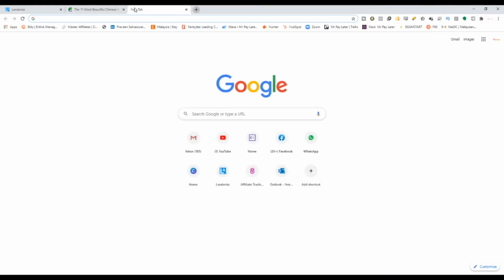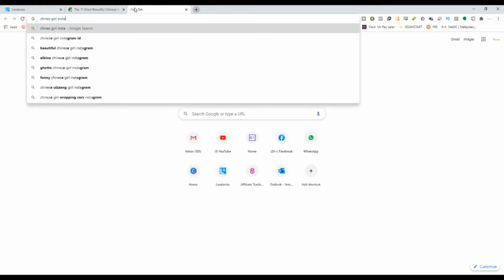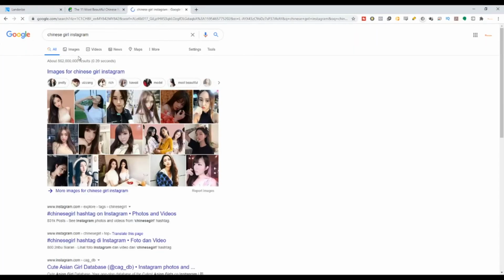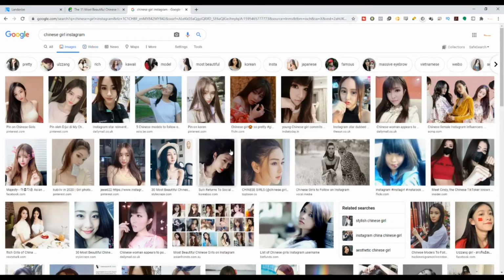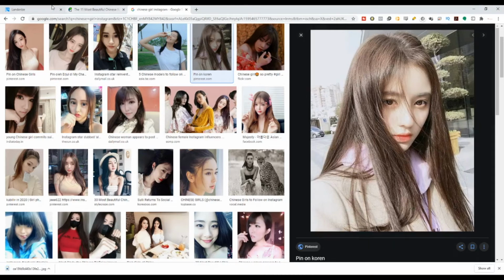So you can go Google again. You're gonna do Chinese girls Instagram. Instagram. So make sure you do not have a very stock image. You want to have a real nice image like this. So we're gonna save this image, and what is going to happen is we're going to go back to Landerize